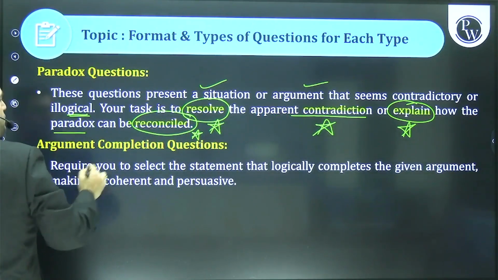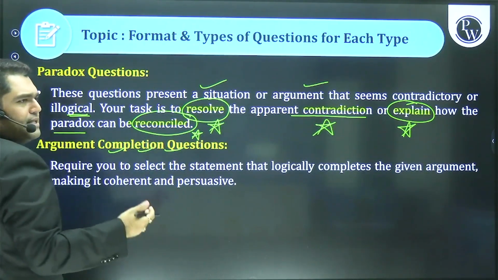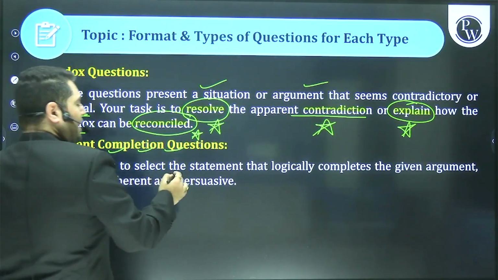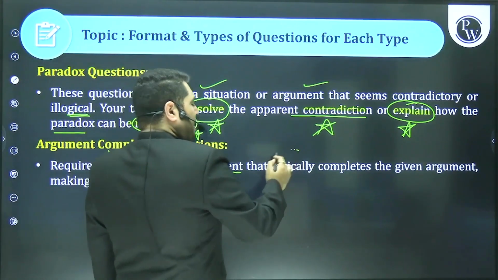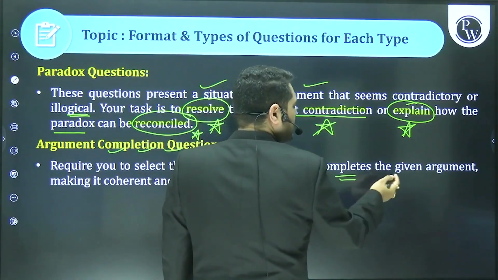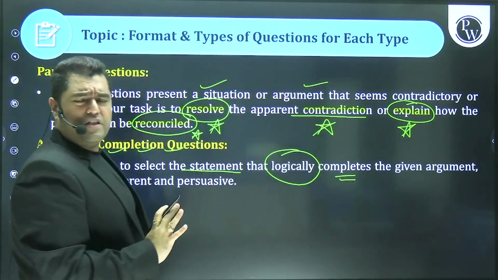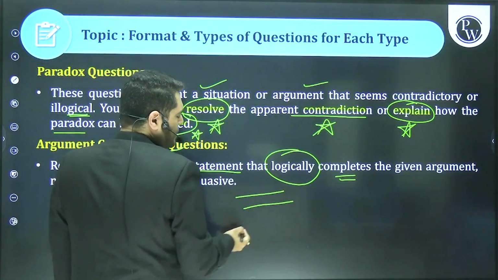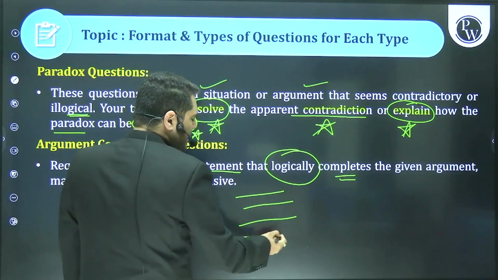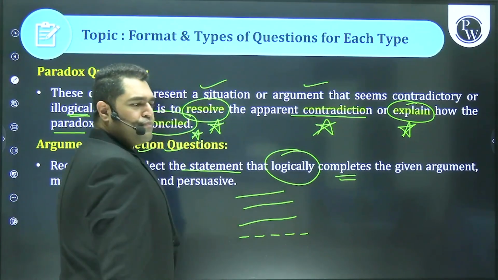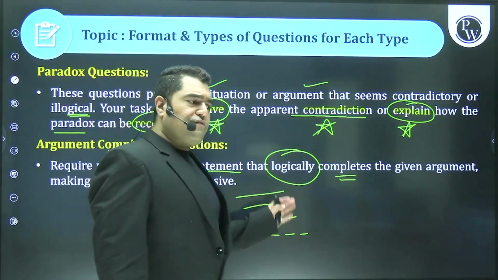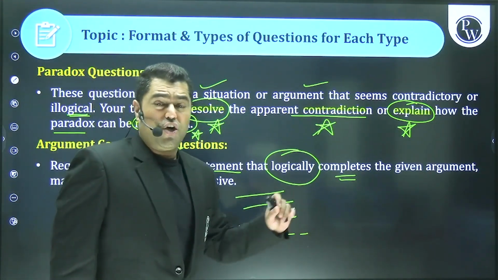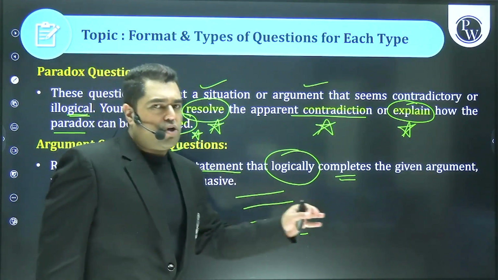Now, argument completion. That means fill in the last sentence. This will require you to select the statement that best logically completes the given argument. This will be visible from far away. How? Because there will be a passage given to you, and the last sentence will be left blank. So the question will end on something like because ... since ... the author expects ...